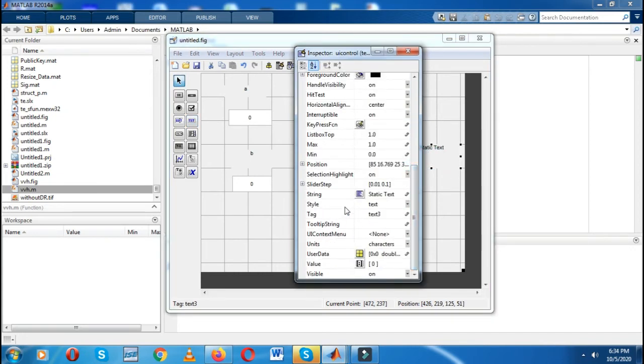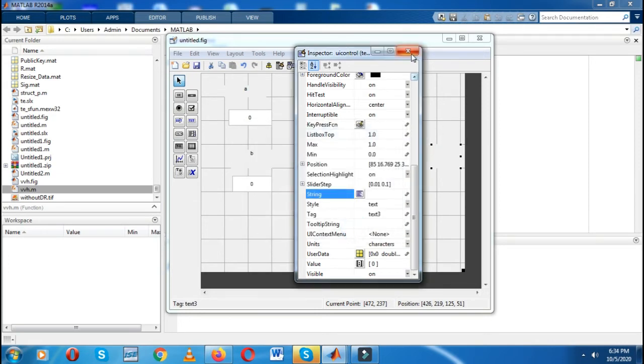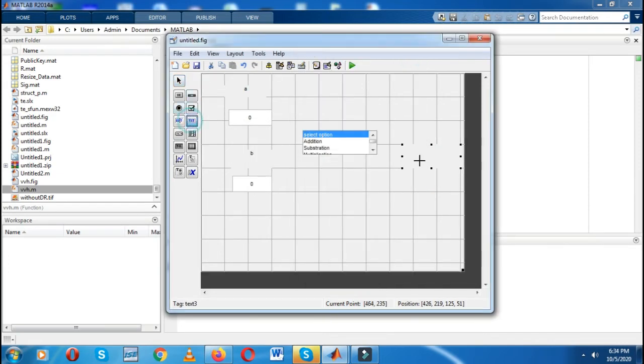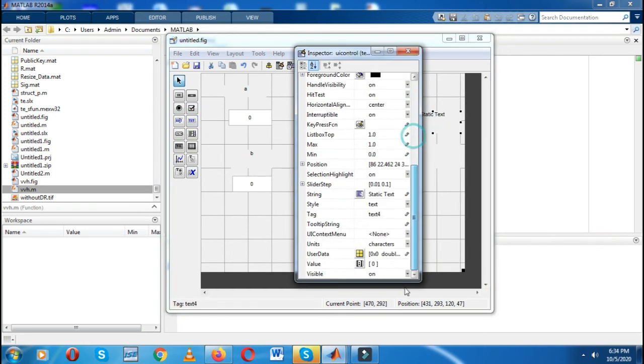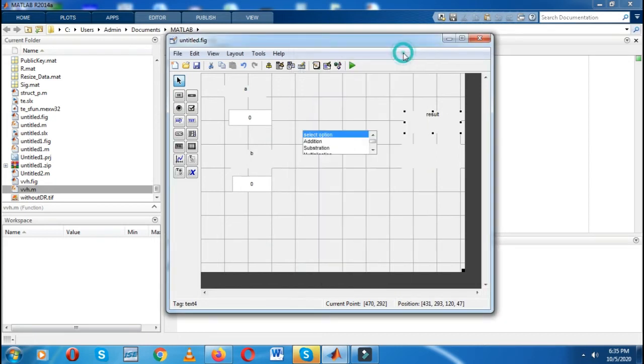Here I will keep it empty. Again I will take one static text. Here I will write, for example, result. Just click OK and close it.